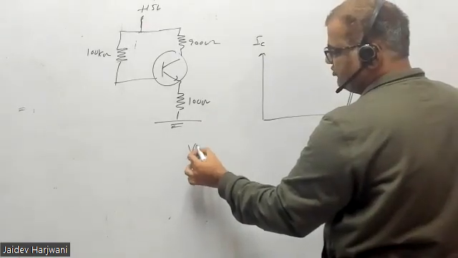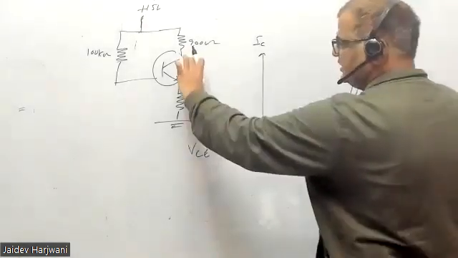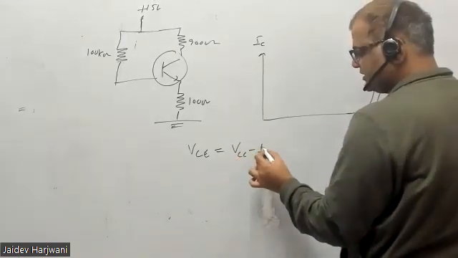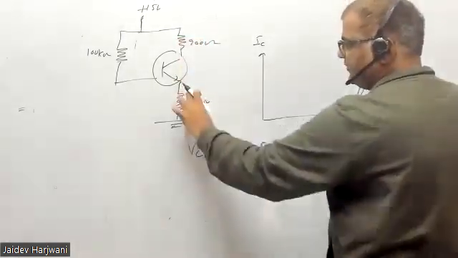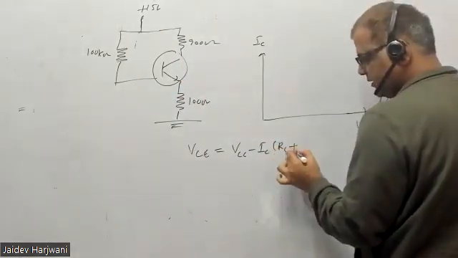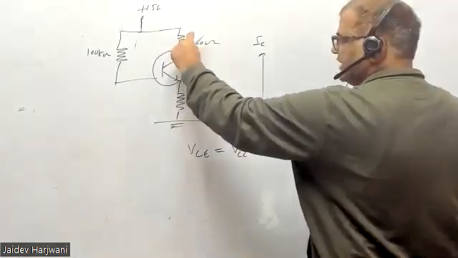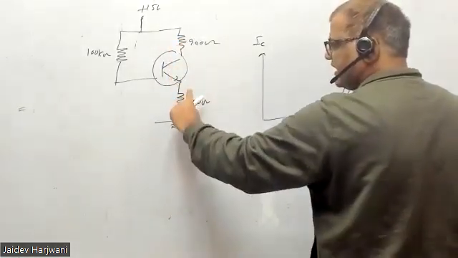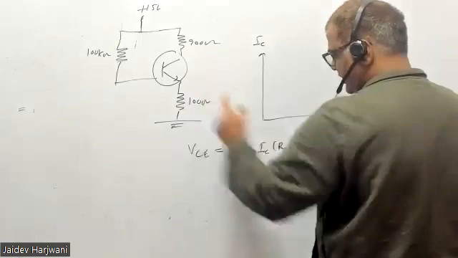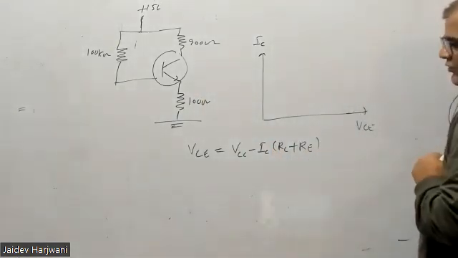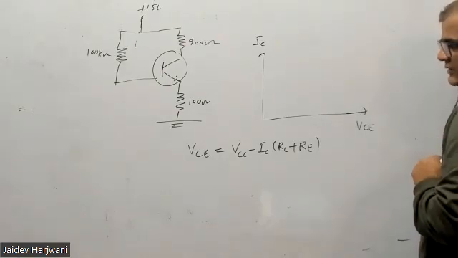Output equation is, if you want VCE, that equation is equal to basically VCC minus IC (RC plus RE), okay। So this VCC is getting dropped here, IC RC, VCE plus IE RE, which is IC RE, okay। So I am writing this equation like this. This is the equation, okay।